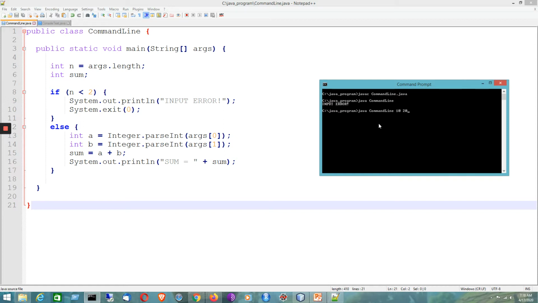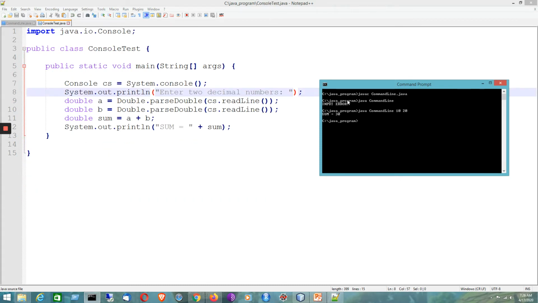If I now press enter, it gives the sum correctly. Here 10 is args[0] and 20 is args[1], and the summation of these two variables has been stored in the variable named sum, and finally it has been displayed on the console.